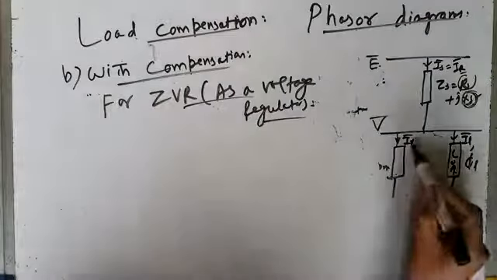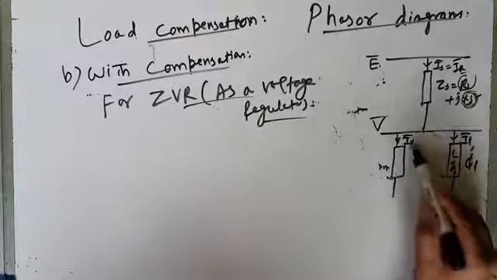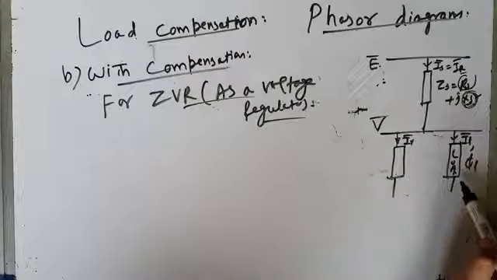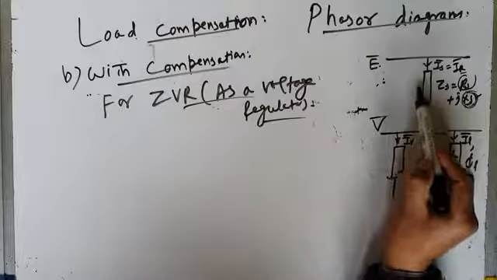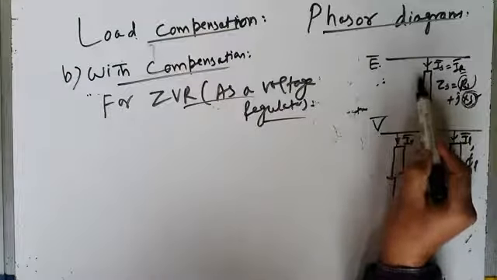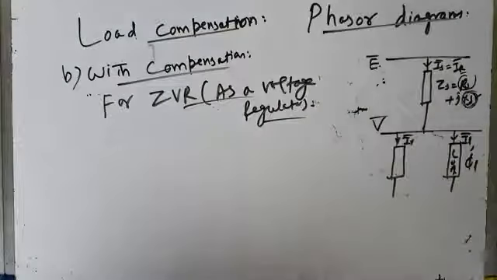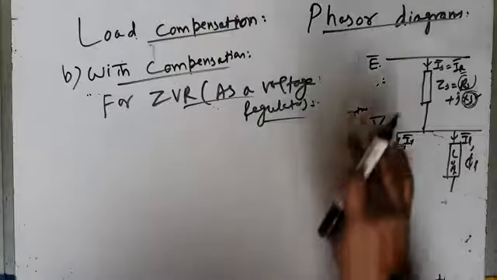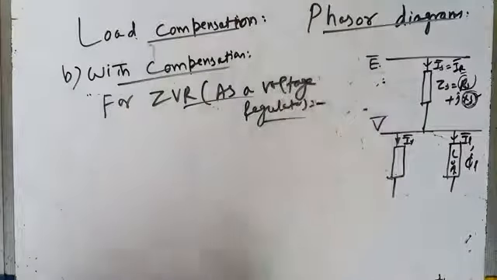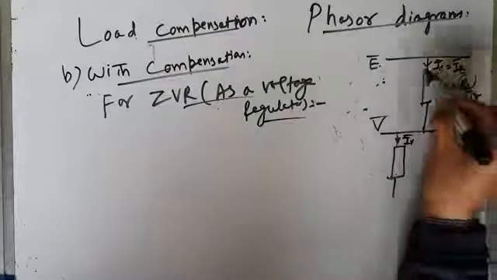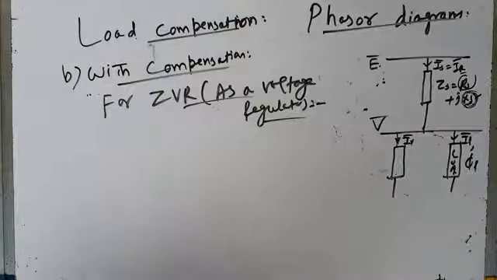As a voltage regulator, I gamma will not be equal to Ix. I gamma, that is, the compensator will fulfill all the reactive power demand of the load, and it will also inject some reactive component of current into the source, some reactive power into the source, so that the source current becomes leading in nature. Source power factor is leading, because for zero voltage regulation, we already know that the source current must lead the voltage. Is must lead voltage E by certain phase angle. So power factor should be unity.